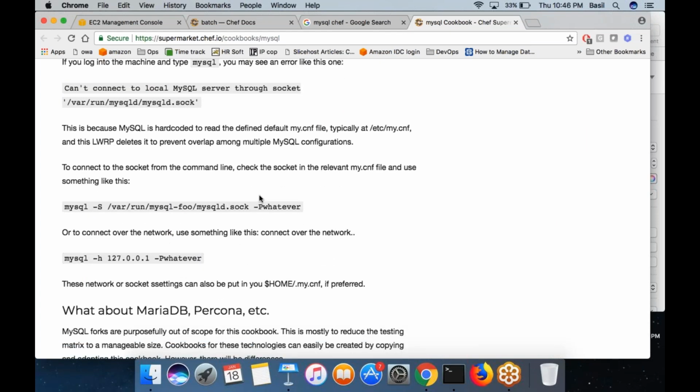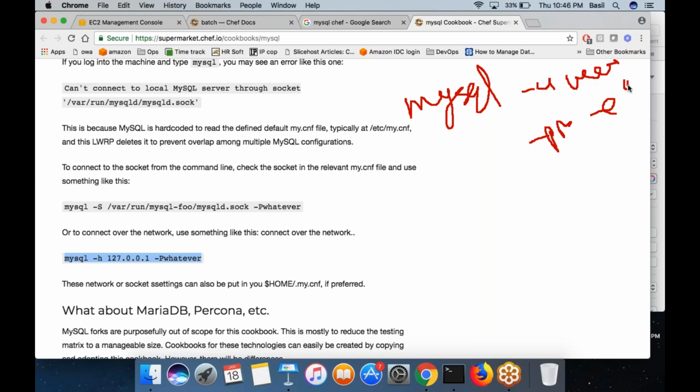So basically you have to run this command manually on the Linux shell. The mysql hyphen is not required. You can simply run the command mysql hyphen u, the username, hyphen p, the password, hyphen e. Then inside double quotes you can mention whatever SQL command that you want to run.